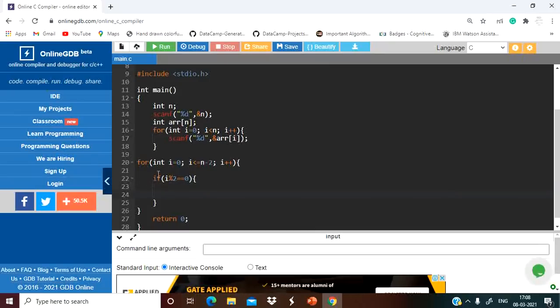Other than this, we can write if i mod 2 equals 0. So this condition is true, right? See, first it will be 0, then 1. In that case, condition will be false. So we will check for the b greater than c condition. We have to go through a sequence, right? That a less than b, then b greater than c.